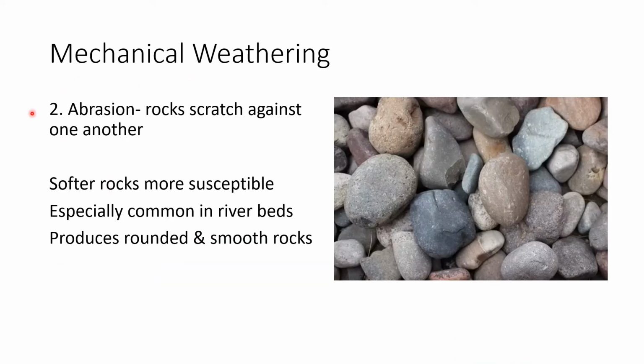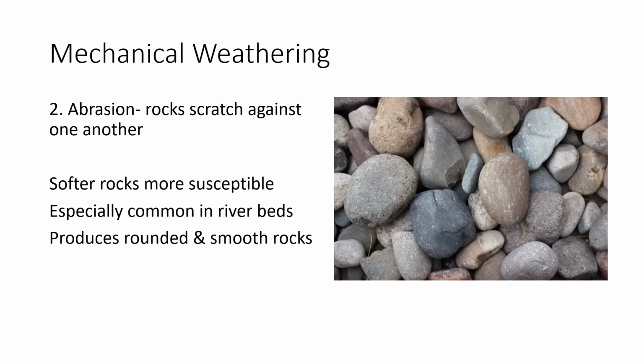Next type of mechanical weathering is called abrasion, and abrasion is just when rocks are scratching against each other. If something is abrasive, that means it's scratchy, and so when rocks are tumbling against each other, especially like in riverbeds when they're being pushed by water, you can have this abrasion action happening. Softer rocks that are made of softer minerals are much more susceptible to rocks that are harder. So for example, a rock that would be very resistant to this type of abrasive weathering is quartzite, because it's made of hard quartz minerals,